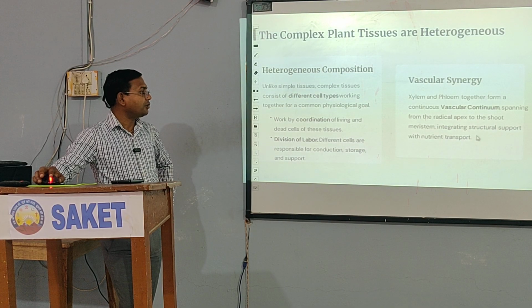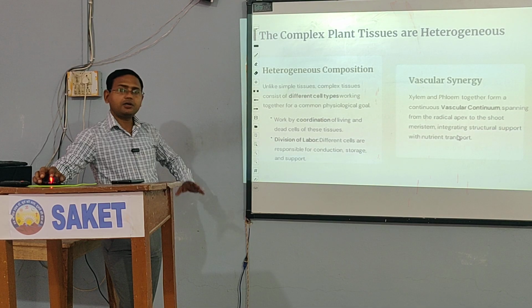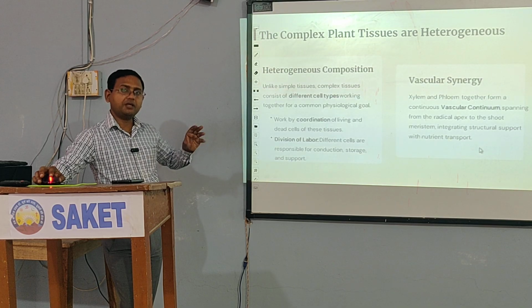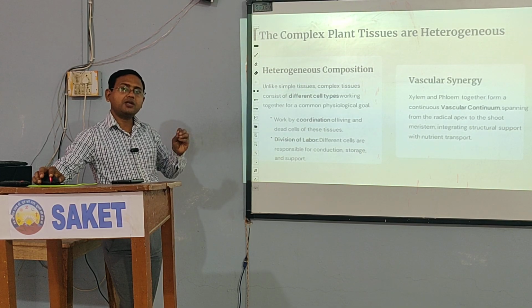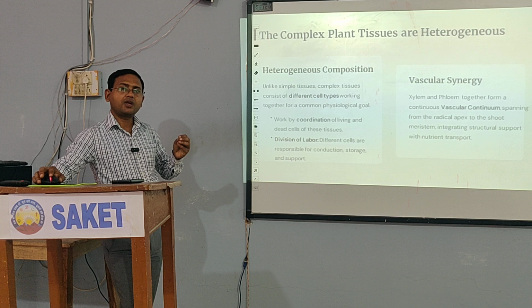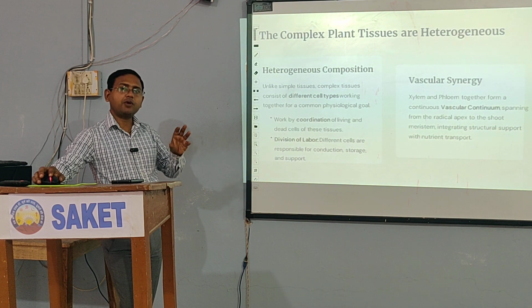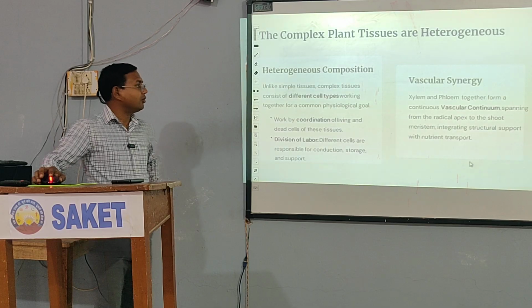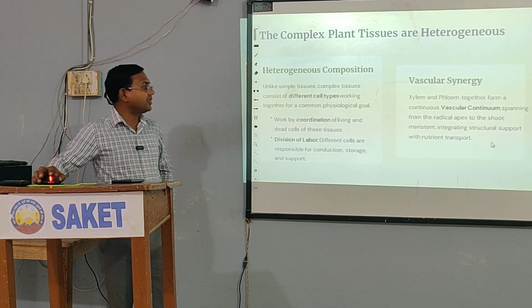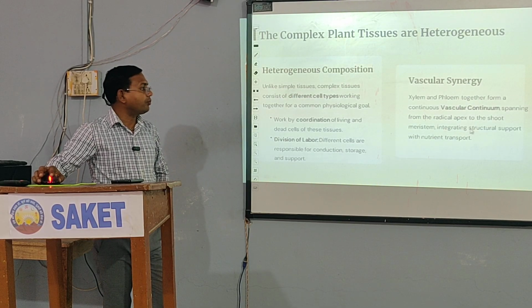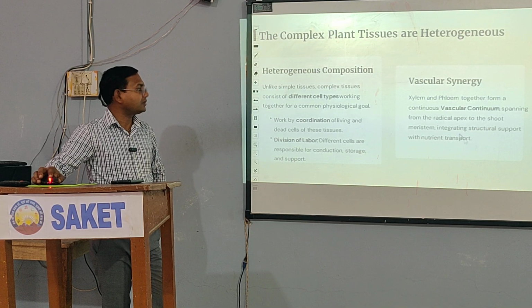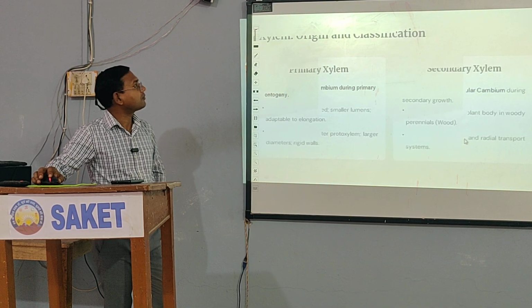So they extend from the root to the top of the whole stem, so that they can transport nutrients and water throughout the plant. And as we saw, the xylem has sclerenchyma cells as well, and sclerenchyma provides the highest strength to the plant among all different types of tissues. In this way these tissues also provide structural support to the plant.